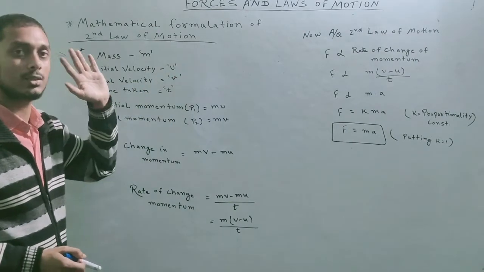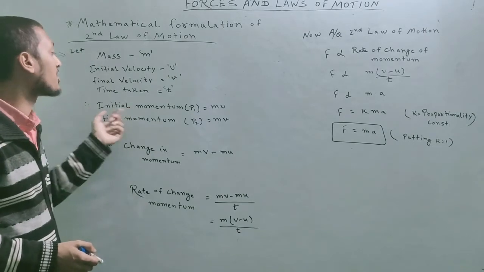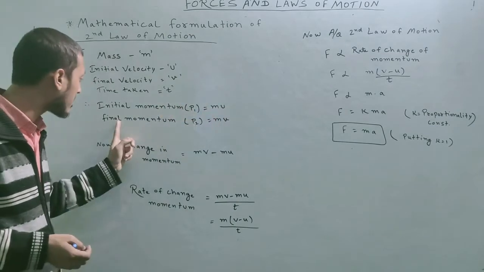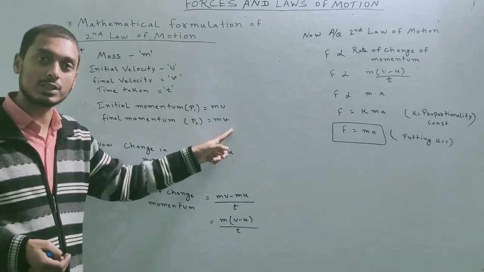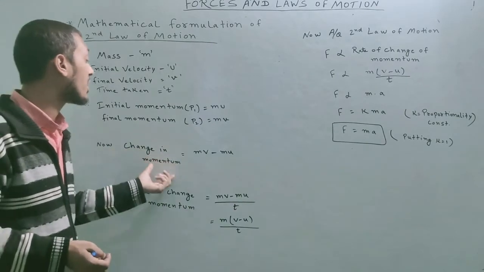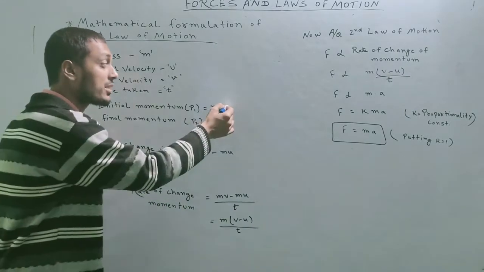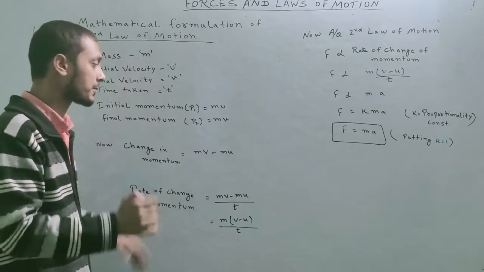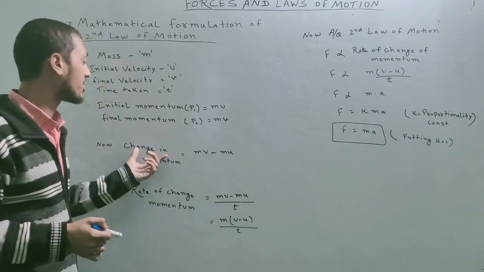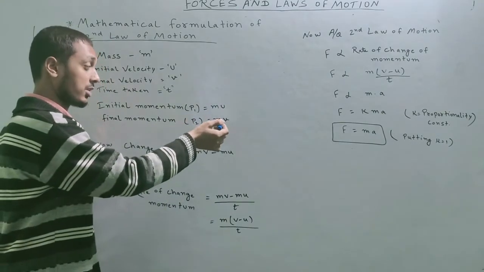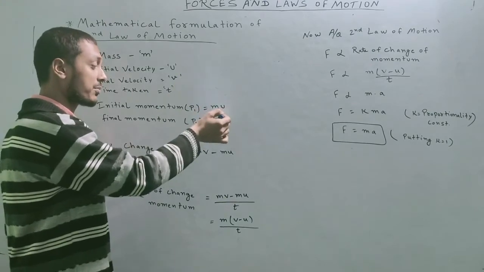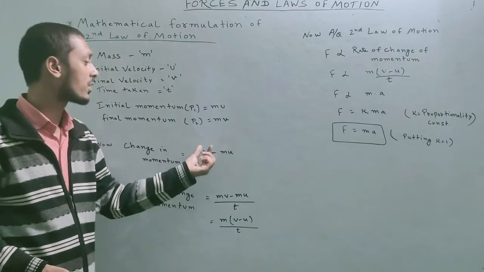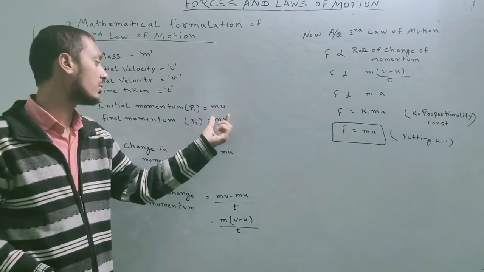It is taking t time from u to v. Then what is the initial momentum? It means the starting momentum, mass into initial velocity, mu. What is the final momentum? Mass into final velocity, mv. Then what is the change in momentum? The momentum is changing, increasing or decreasing. To calculate the change in momentum, we have to subtract. We have to find the difference between the final momentum and initial momentum. The final momentum is mv minus the initial momentum,